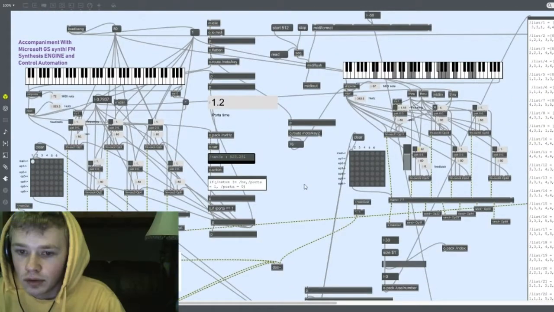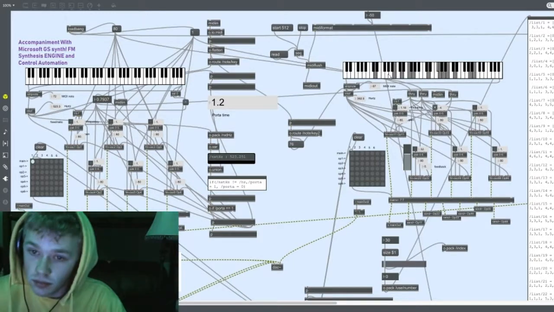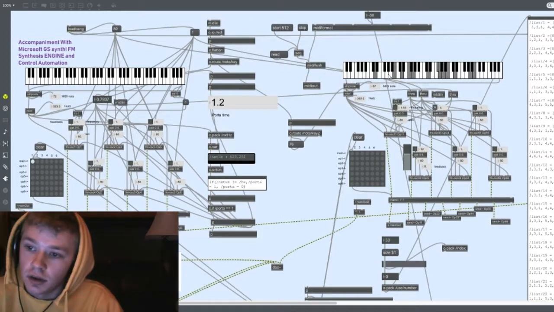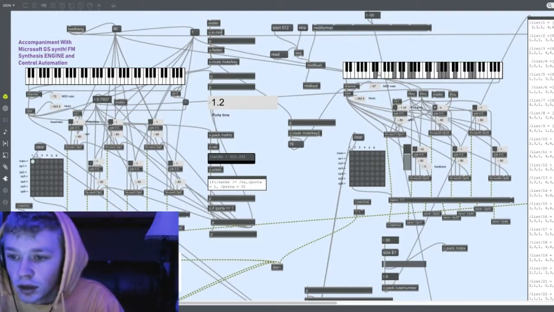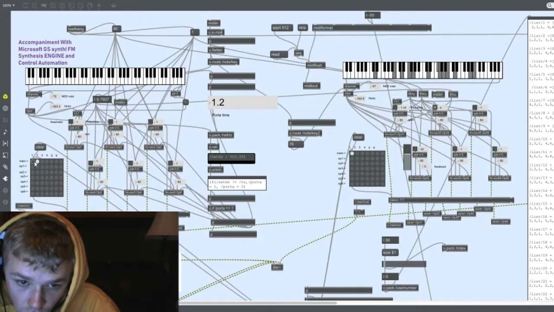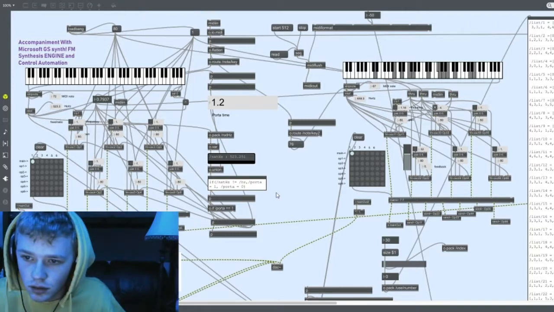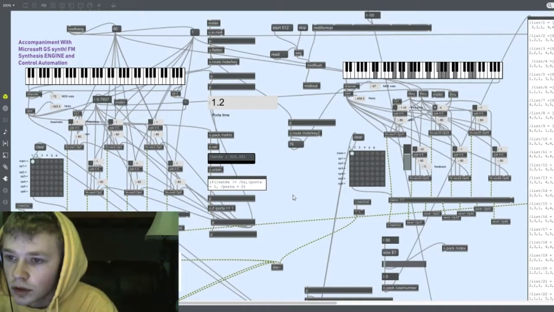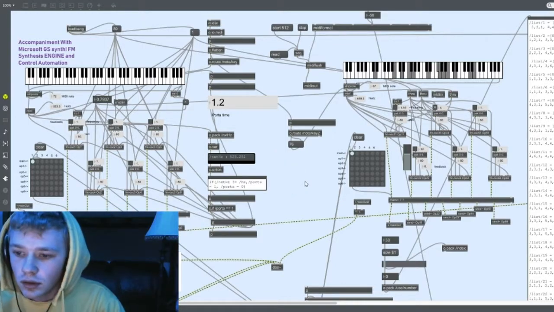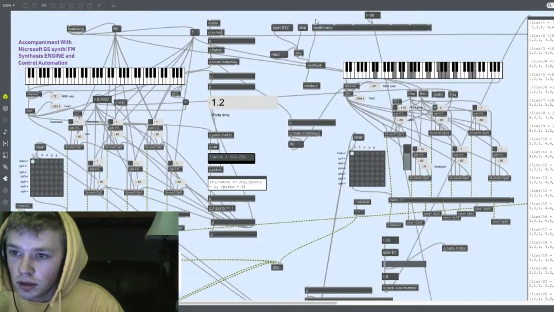So I'm just going to show the last part of it, and then we'll be done. The synthesizer on the right is very similar to the one on the left. However, it plays harmony with the one on the left. So you can set it to whatever interval above it you want. Right now it's set to a perfect third. So if I get two notes going at once, pressing the MIDI keyboard, we hear a perfect third. Nice. That's basically as far as it goes for that. So I think it would be nice if I just end it with playing a little accompaniment to the MIDI input,